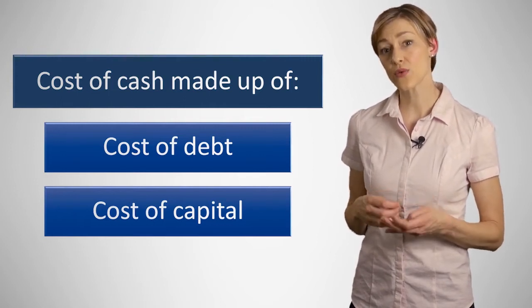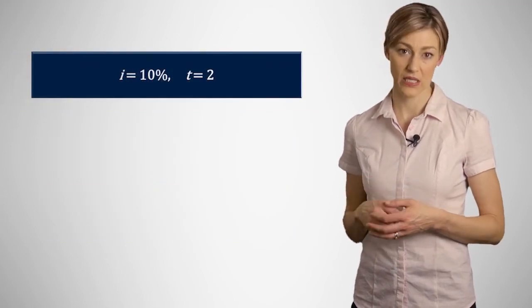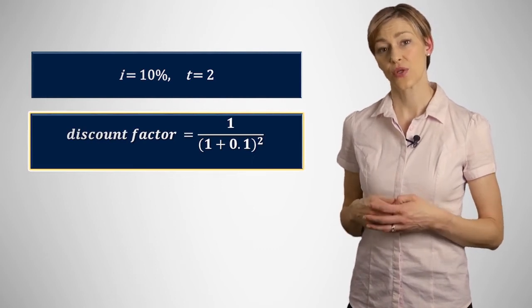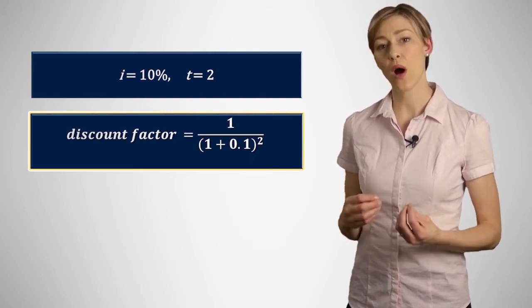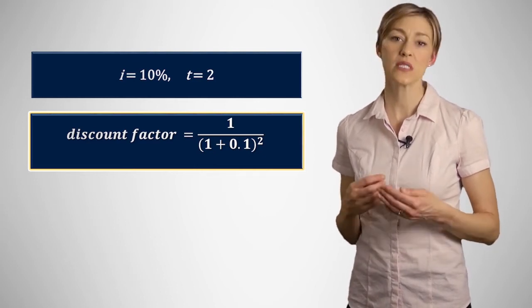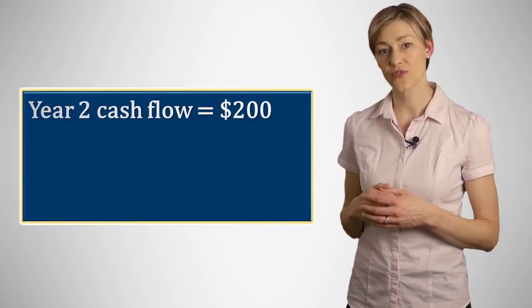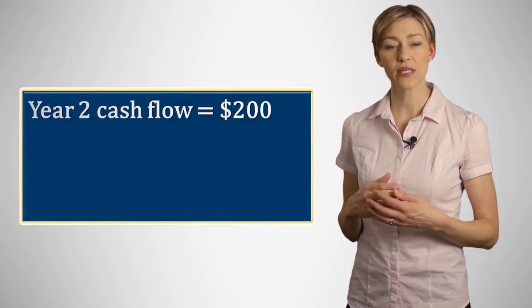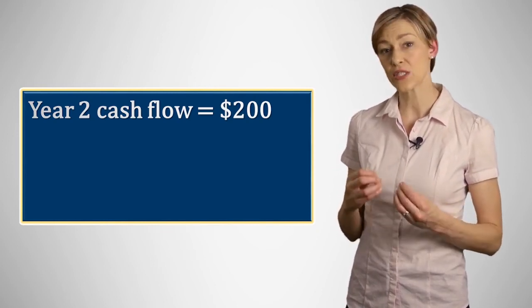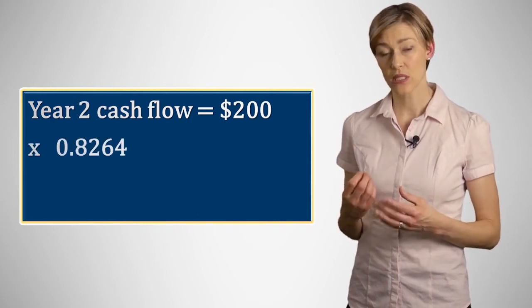For example, consider an organisation with a discount rate of 10% and a cash flow that takes place in year 2. The discount factor to present value that cash flow is 1 divided by (1 plus 0.1) to the power of 2, which equals 0.8264. Now, assuming that year 2 cash flow was $200, we can calculate its present value by multiplying the actual cash flow by the year 2 discount factor of 0.8264, which equals